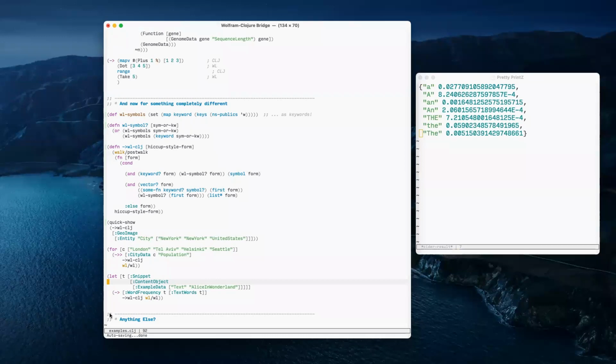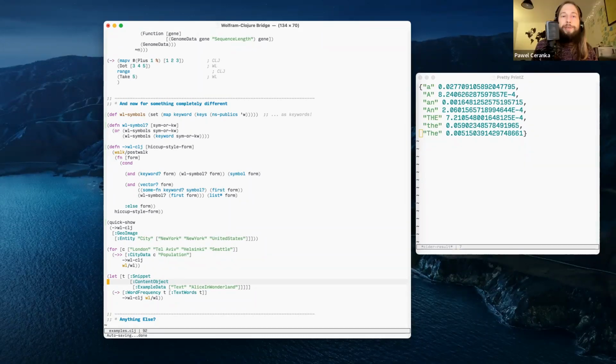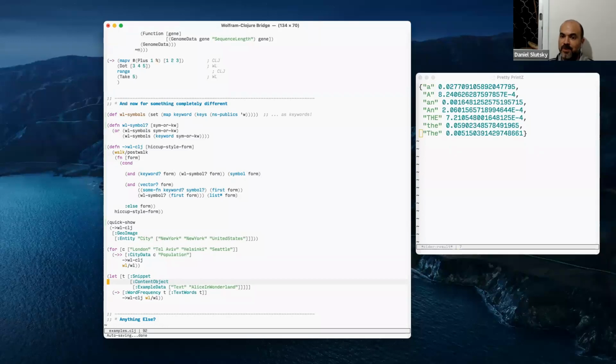If I can add something: Daniel has been trying to say something for a couple of rounds. Sure, yeah, sorry. Just briefly, we have this choice of whether this take function returns a Wolfram value or a J-Link value, or whether it always converts to a Clojure persistent list or whatever. And if we do want performance, then we should return a J-Link value and not convert always, just at the end, maybe when we need to print it or explicitly convert, right?